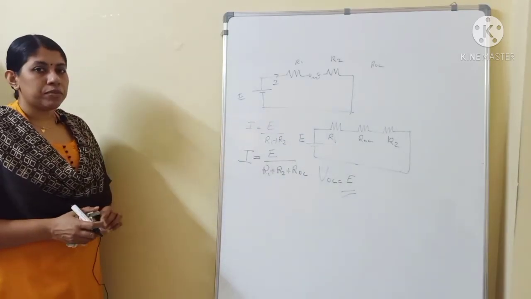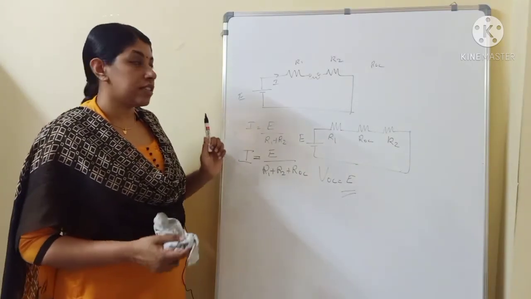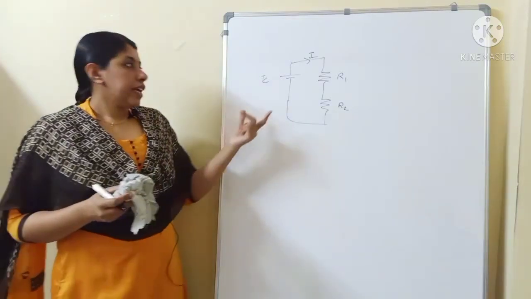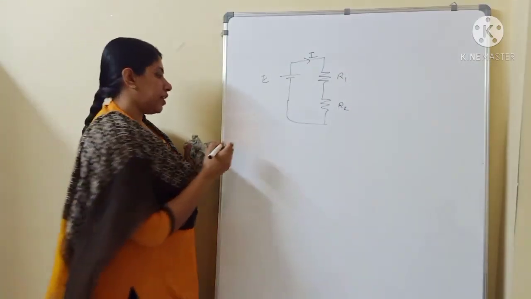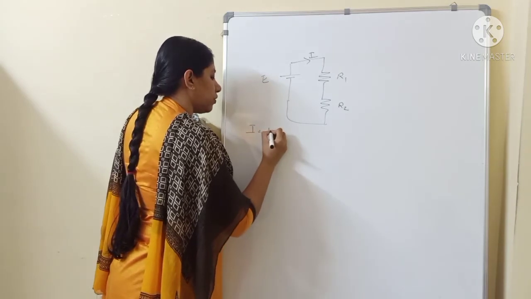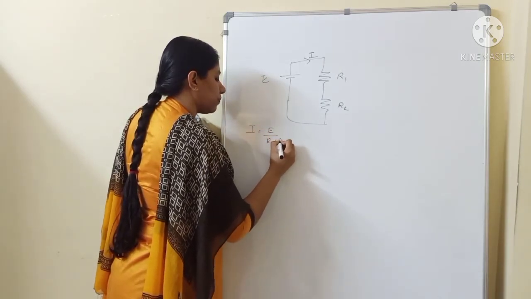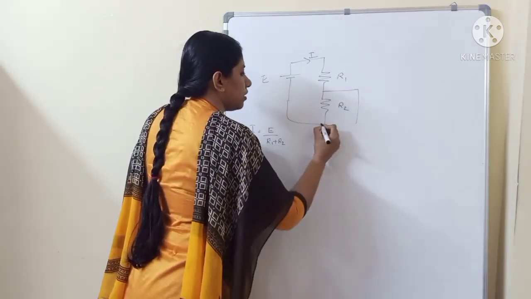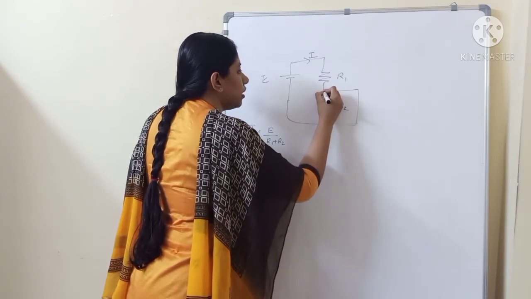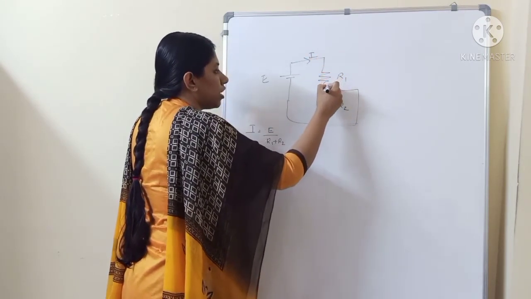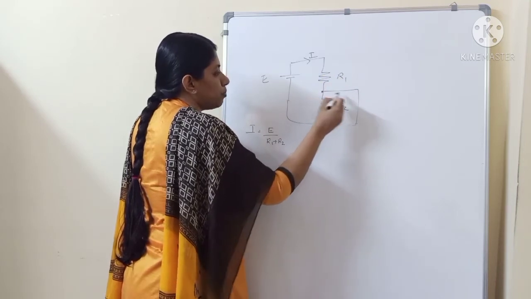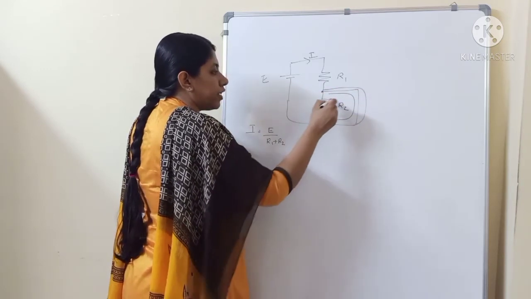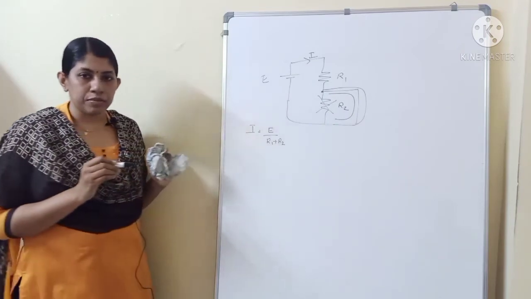Now the next concept is what will happen when a short circuit appears in a series connection. Consider the basic circuit. In this circuit, you can write the equation of the current as I is equal to E by R1 plus R2. Now, if I am short circuiting this resistor, that is, we are applying a short circuit here, and the current I flows through the resistance R1, when it comes to this point, it will see two paths. Since this path is a low resistance path, the current will flow through this path only. So in effect, this resistance has no effect in this circuit.